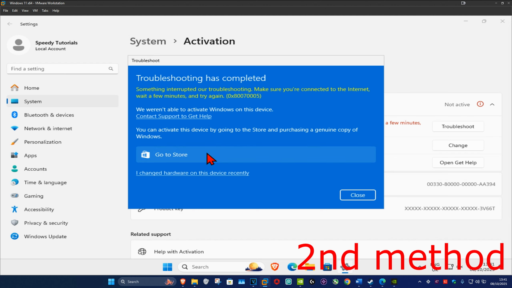And maybe your key is actually not genuine, it's not legit. So you can go to the store and then purchase a genuine copy. Also, if you changed hardware on your device recently, then you want to click on this option and then follow